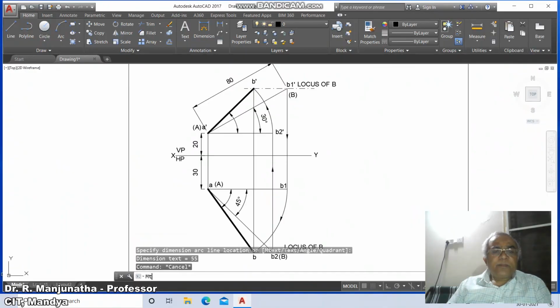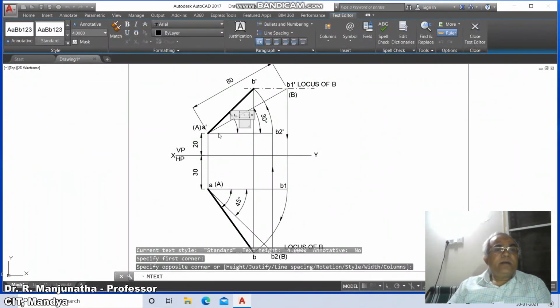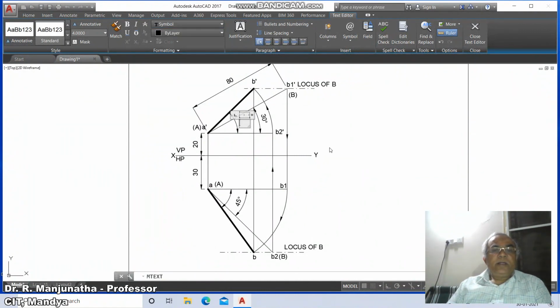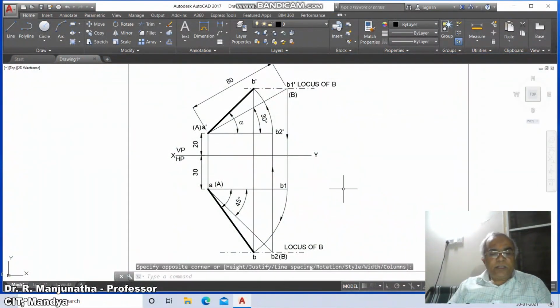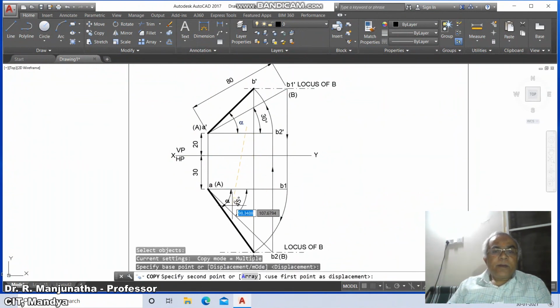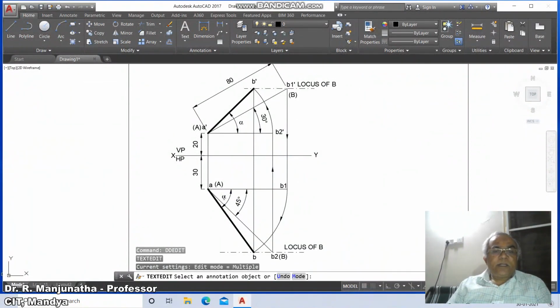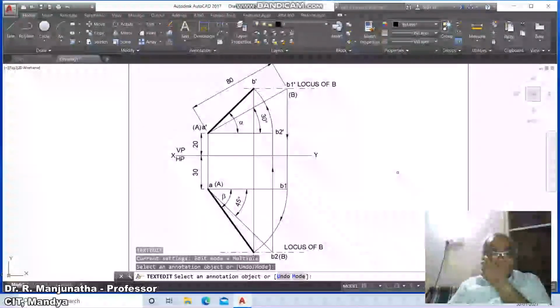Now we will go for M text, MT, select between these two, and here the text is type symbol SYM. You take a symbol and here you mark it as A alpha. Then you just copy this here and you go to DD edit. You select on this and you make it small b beta. So this is how you will be able to create this.